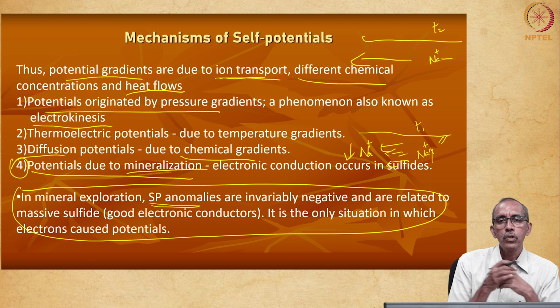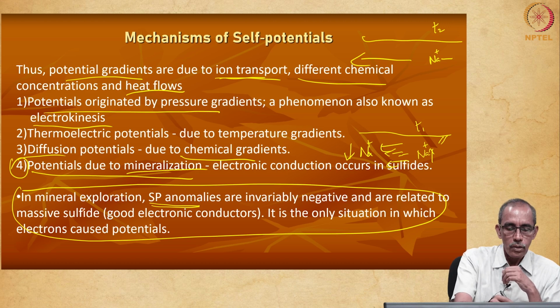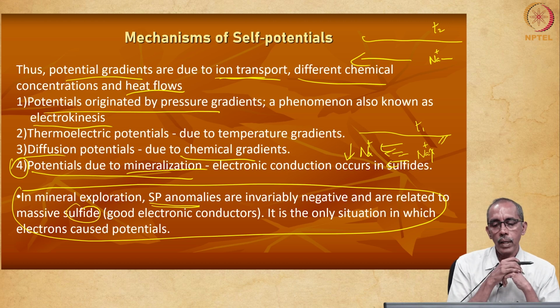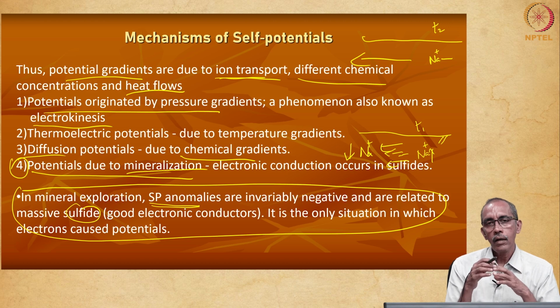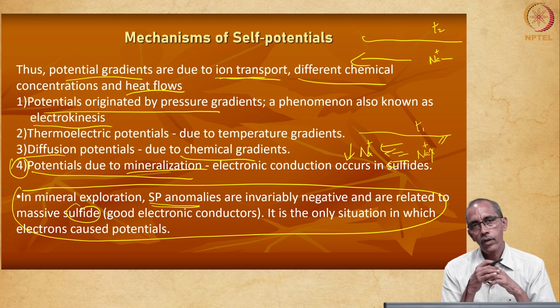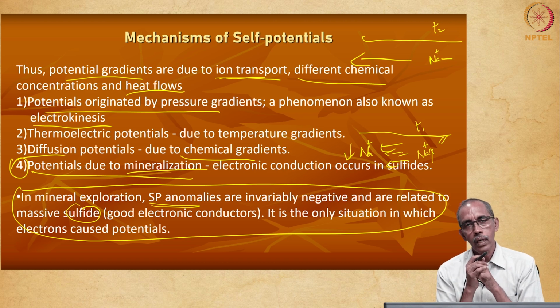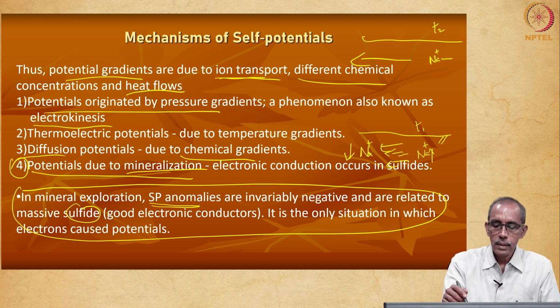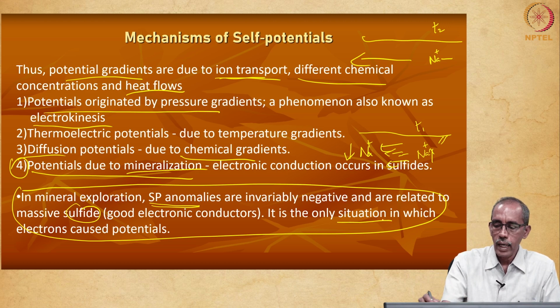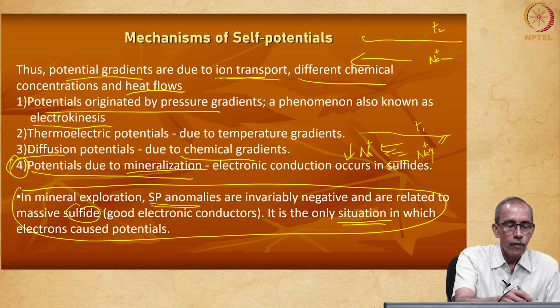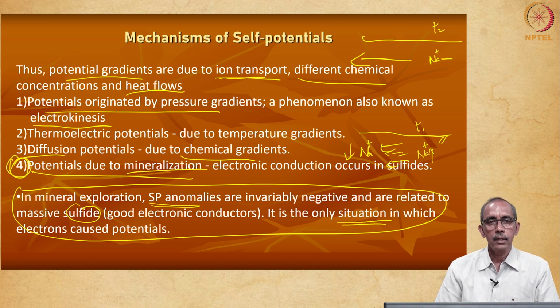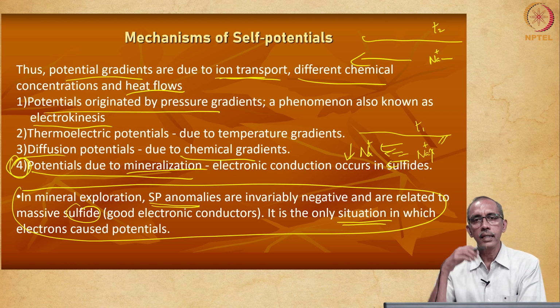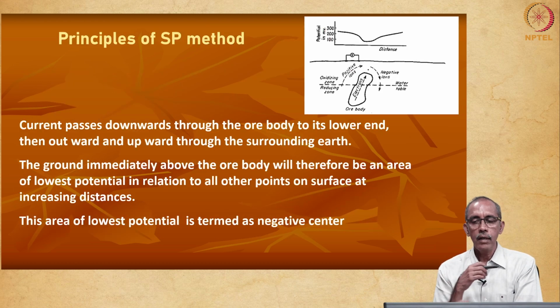So, this is usually associated with sulfide ore mineral deposits, right. Sulfide deposits are very good electronic conductors, right. So, very easily we will be able to locate sulfide ore deposits by cell potential method. So, this is the only situation where we have the fourth type of natural potential, that is caused by the movement of electrons, right, in a fashion that generates current, which we will see in the following slide.